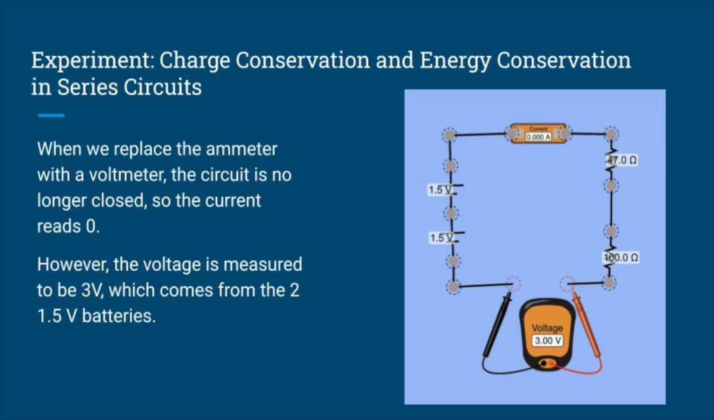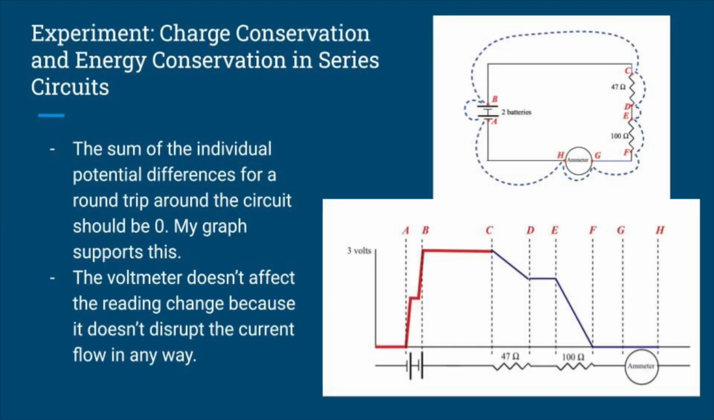When we replace the ammeter with a voltmeter, the circuit is no longer closed, so the current reads 0. However, the voltage is measured to be 3 volts, which comes from the two 1.5 volt batteries. The sum of the individual potential differences for a round trip around the circuit should be 0. Our graph supports this, as well as the physics principle, delta V round trip equals 0. The voltmeter doesn't affect the reading